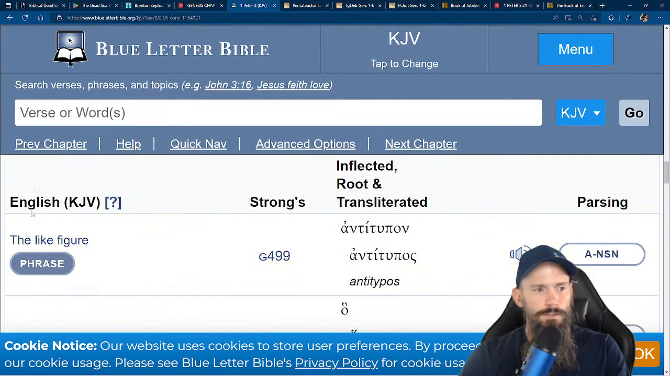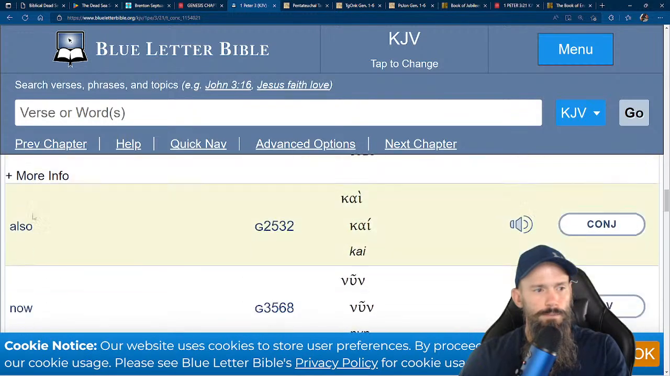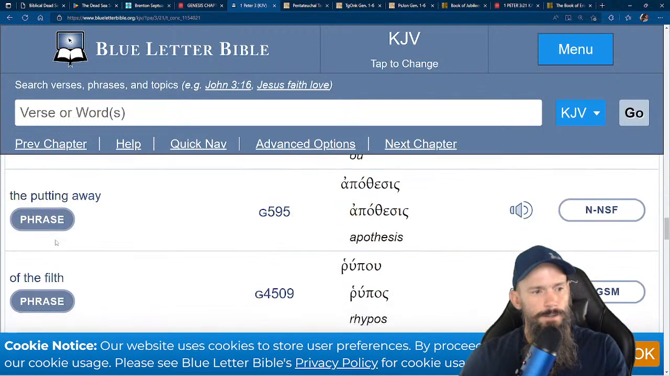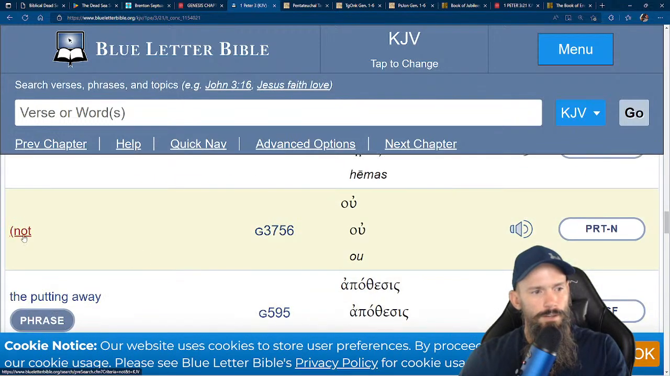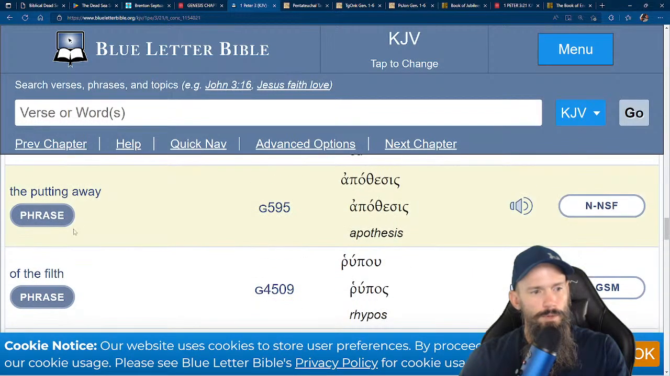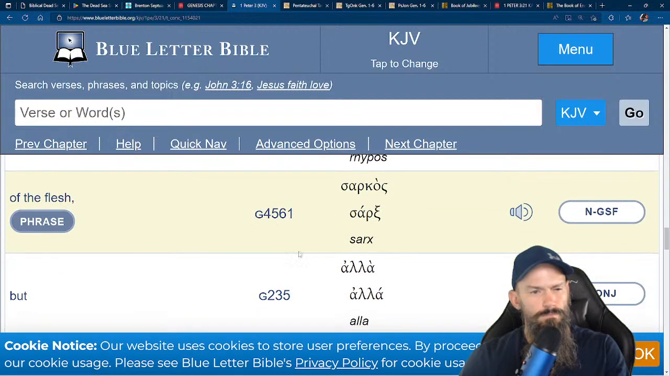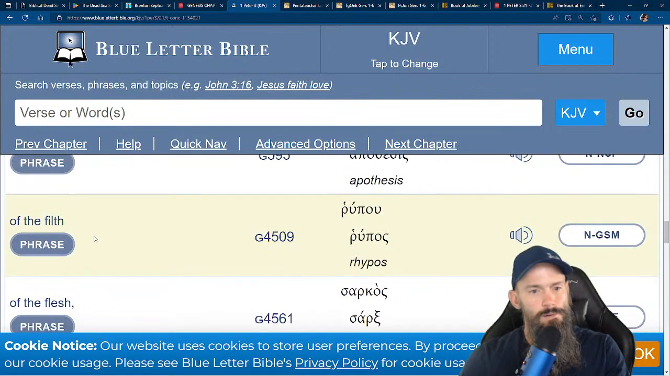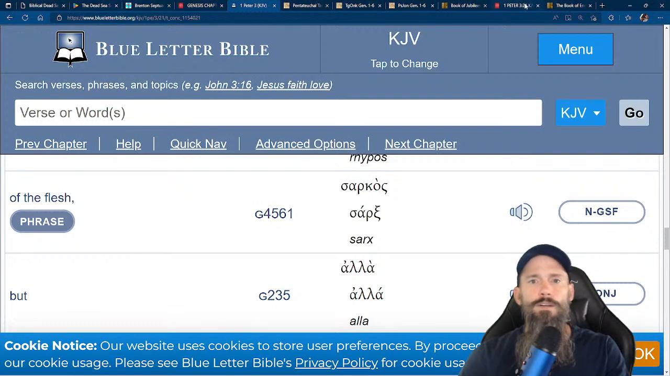Baptism, so it says, the like figure whereunto even baptism does also now save us, not the putting away of the filth of the flesh. Well, they got Greek words for it right here. Anyways,